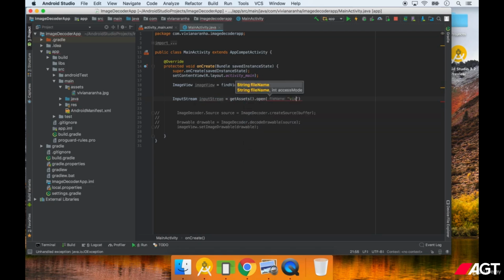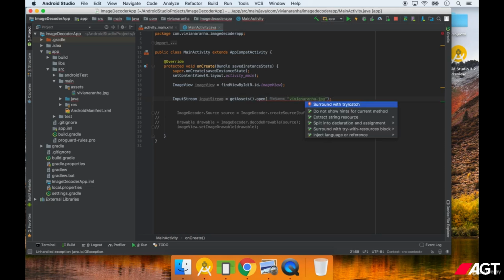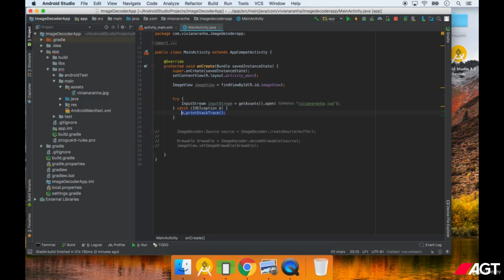which is my name. So I'm going to say vivinarana.jpg. That's my file that I want. Now as soon as I do this, it's going to give me some warning, and the thing that I need to do is I need to surround this with try catch, just in case it fails to get this object. I'm going to put this inside a bracket here. So I'm going to say try to do this, and